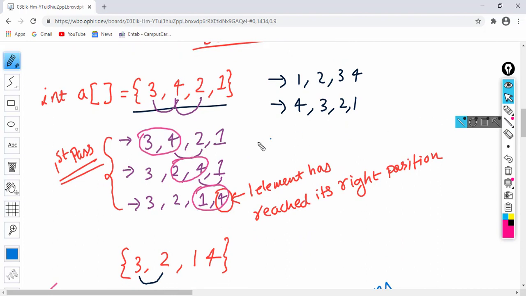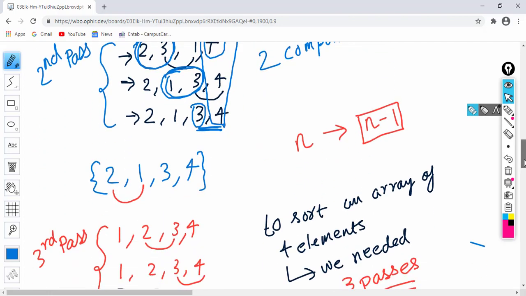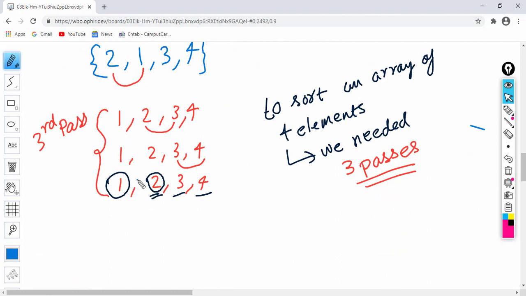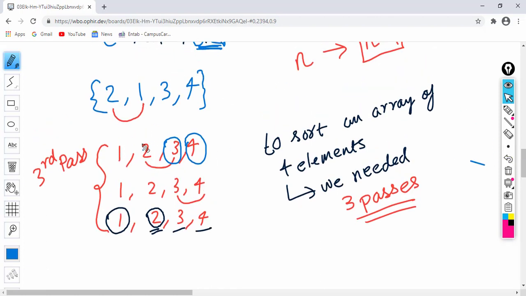In the first pass we needed 3 comparisons. And in the last pass, if you notice, the last value and the second last value have already reached their right position. Now, we are left with the first two values only.